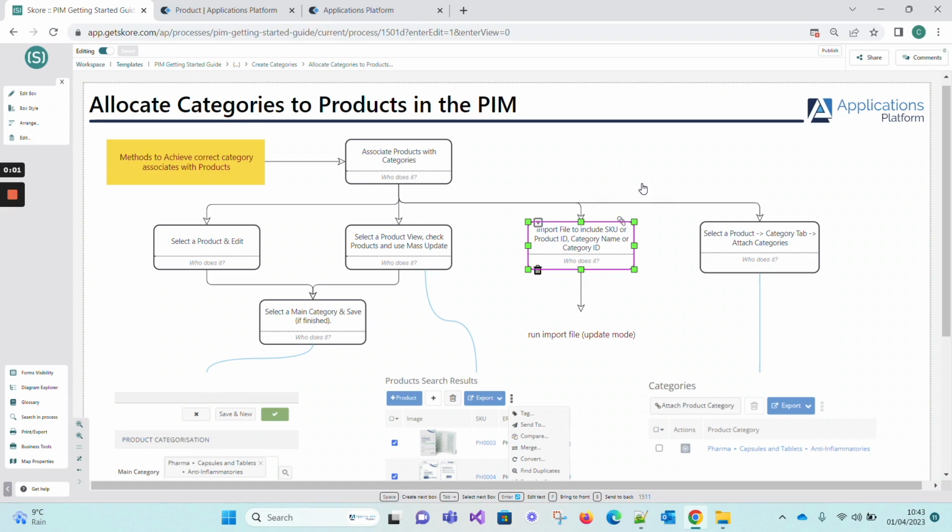In this video, we're going to look at how we can allocate categories to products in the PIM. We've looked at some other methods in previous videos, like mass update, manually allocating and things like that. But I want to show you how you can use an import file or an integration to do this job, where you either want to update some products that you've created in the PIM with a category or category parent,